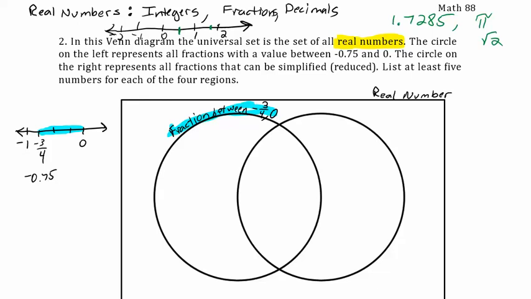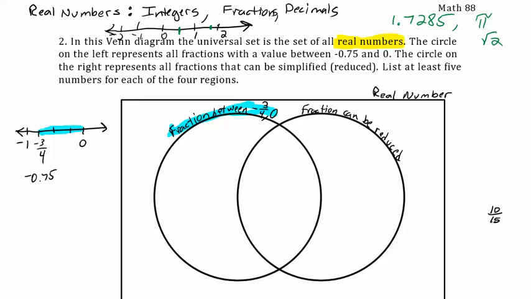The circle on the right represents all fractions that can be simplified or reduced. Any fraction that can be reduced. It's kind of hard to write sideways here. All right, there we go. So for example, I'll just write some out here. Let's say